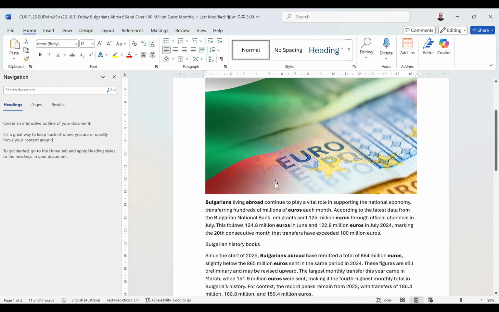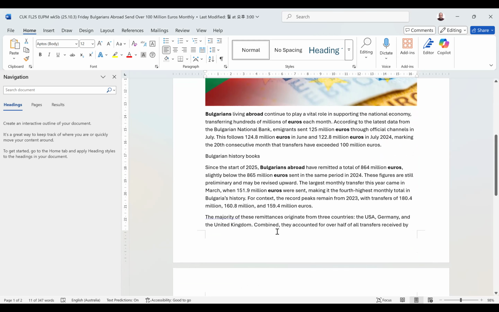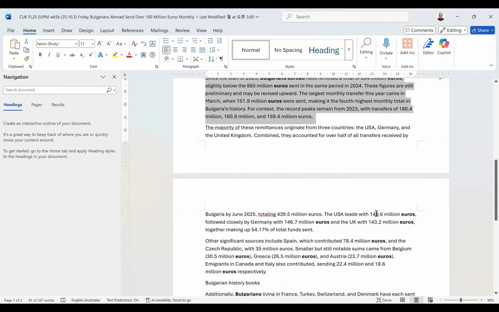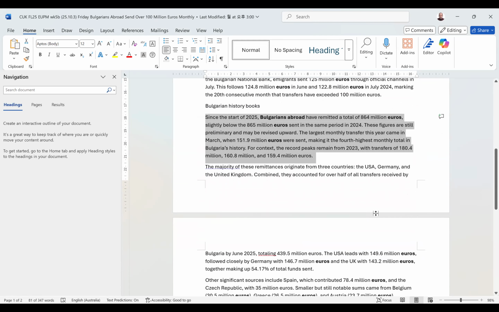Yeah, it says here. Just to highlight, since the start of 2025, Bulgarians abroad have remitted a total of 864 million euros. So this little country, and that happened the same way last year. And this is a really important part of all of these economies. I think I told you, by some estimates, that at least 15% of the Bulgarian population left, and that's true for most of these former communist countries, all of the communist countries. Maybe not Slovenia. I mean, Slovenia of the former Yugoslavia might be different, but Bulgarians, Romanians, Poles, they have gone.